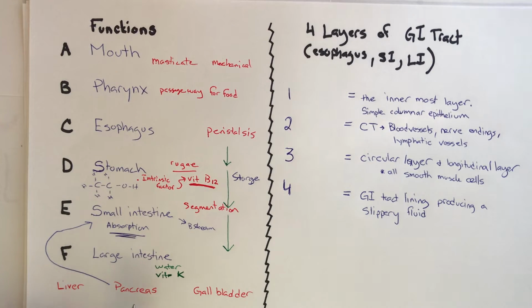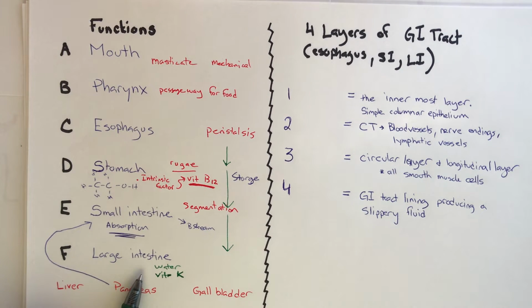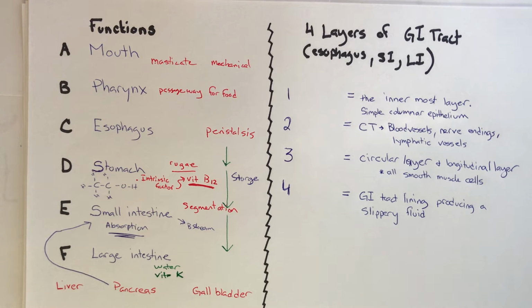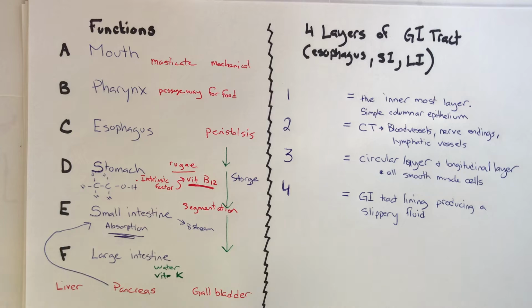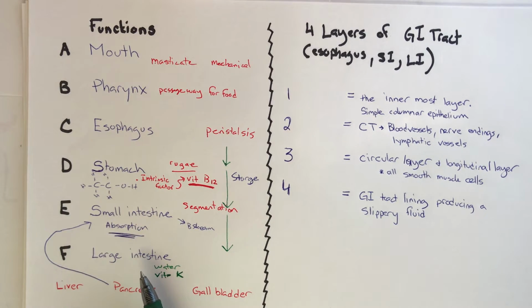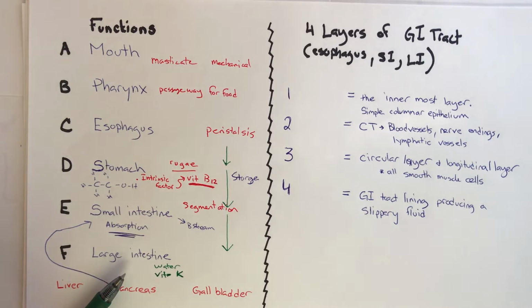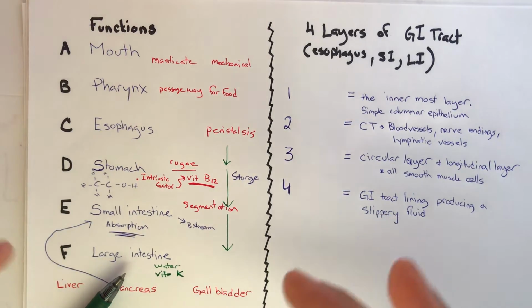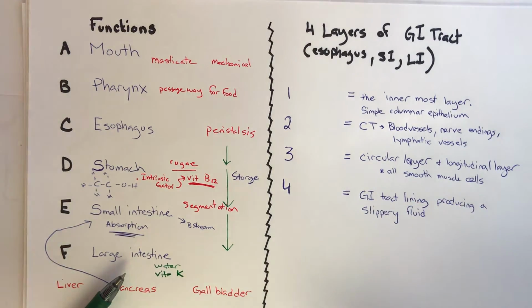Our water-soluble and water-insoluble fiber come in handy. Where do we get fiber from? Well, we get it from lettuce and celery. This fiber we can't absorb. We don't get any nutrients out of it. However, it's extremely important in our digestive tract. It binds food and water together to make this mass,